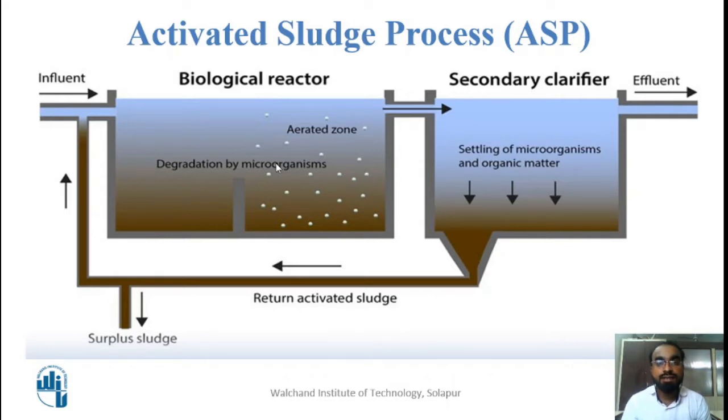In the settled sludge, there are two types of sludge. One is the activated microorganisms and another one is the inert suspended solids. Whatever effluent is very clear in nature, we call it supernatant, and we take that supernatant out from this unit and transfer it to the tertiary unit or to the disinfection process. A part of the return sludge, we take out from the secondary clarifier and push into the influent, and the remaining is taken out.